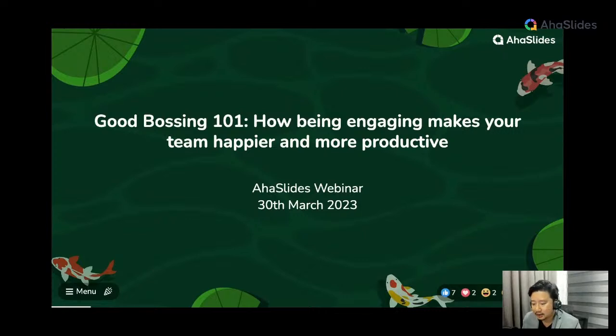So the term engage, though as simple as it may sound, is actually a very important and robust term, right? What we're not going to do for this session is cover everything to do with being engaged, or everything you should do to prevent your team from being disengaged. What we want to cover is literally quick tips that you can take to engage your team with AhaSlides.